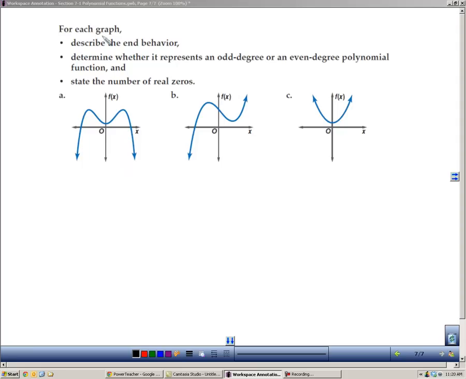So here are some examples. We're going to look at them and try to describe them a little bit. First, we want to describe the end behavior. This one, the function, we call that f of x. The function approaches negative infinity. That's because it goes down to the left